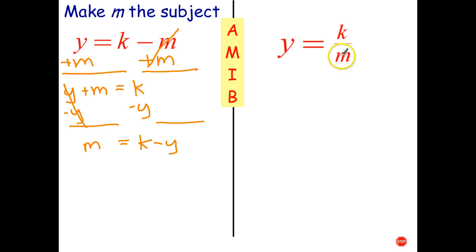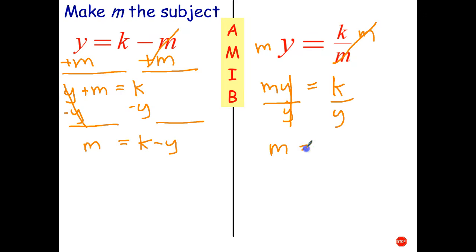Okay, problem over here is m is in my denominator. So let's use the same idea in this question as I did in this one. I want to get the m out of the denominator, so one way to do that is to multiply both sides times m. So multiply that times m, multiply that times m. M over m goes to 1, and I have my equals k. And finally, I want to leave the m by itself on the left-hand side, so I divide by y. And the equation is, or the formula is, I should say, m equals